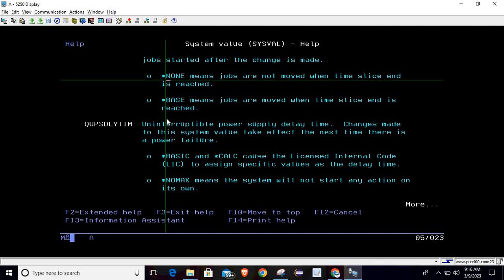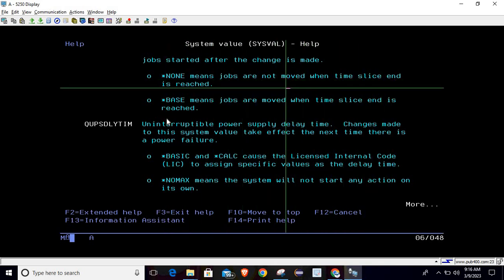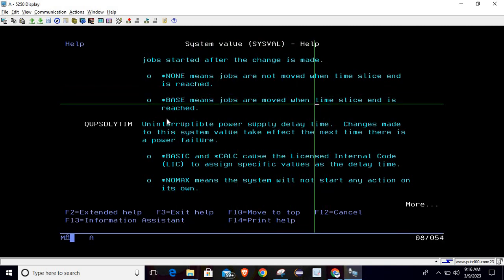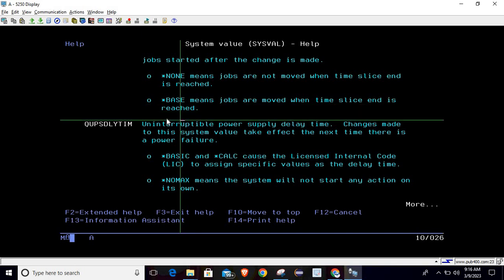What are the possible values? *NONE means jobs are not moved when the time slice end is reached. *BASE means jobs are moved when time slice end is reached. Now the second possible value is